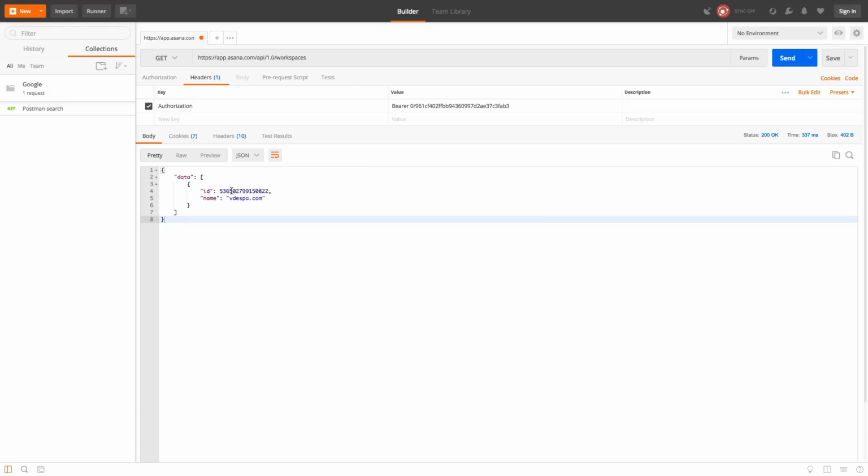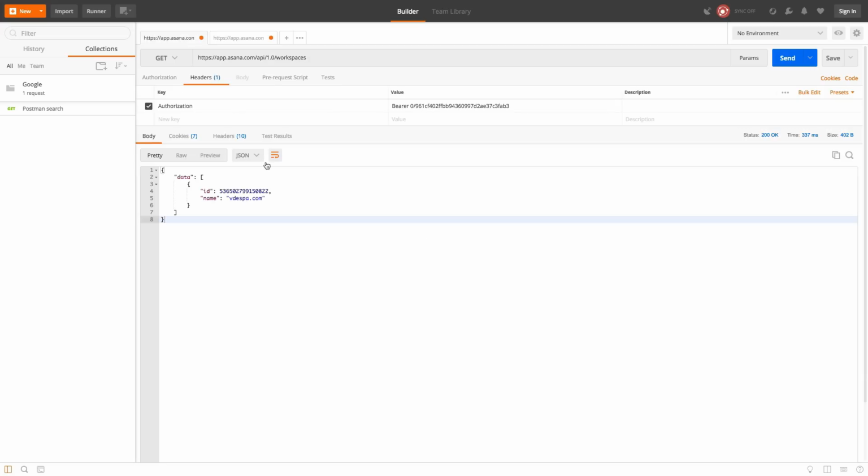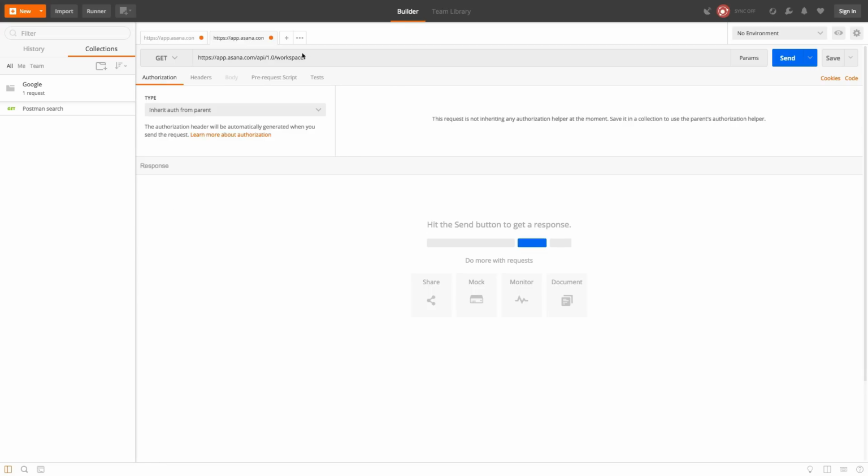Now, what I wanted originally to do is create a simple task inside this project. And the API works in a way that you first need to know your workspace ID in order to create a task inside that workspace. So next, what I'm going to do is copy the same address, open a different tab, paste this address again, and from the previous response, I will take this value, just simply add it after workspaces,